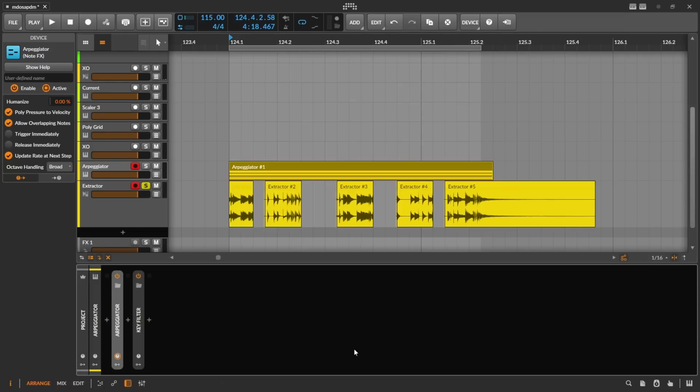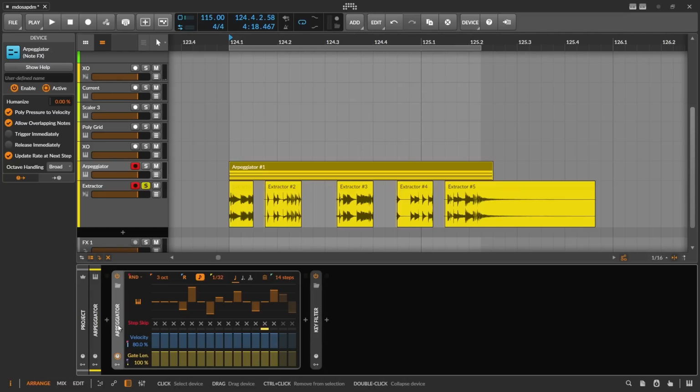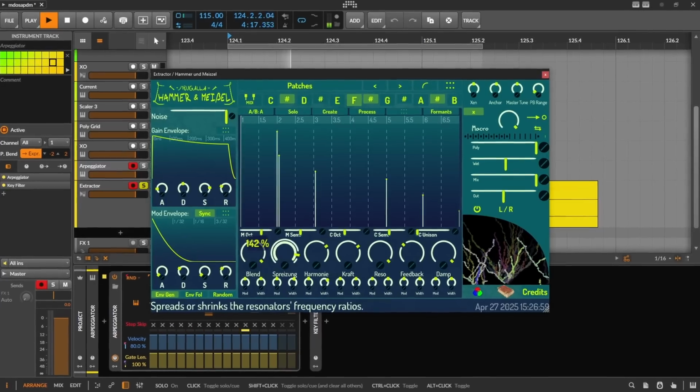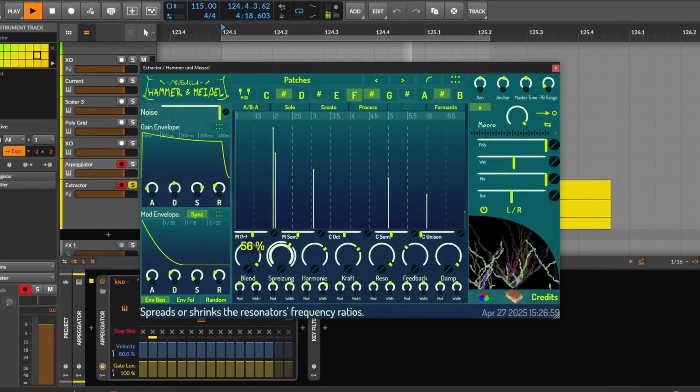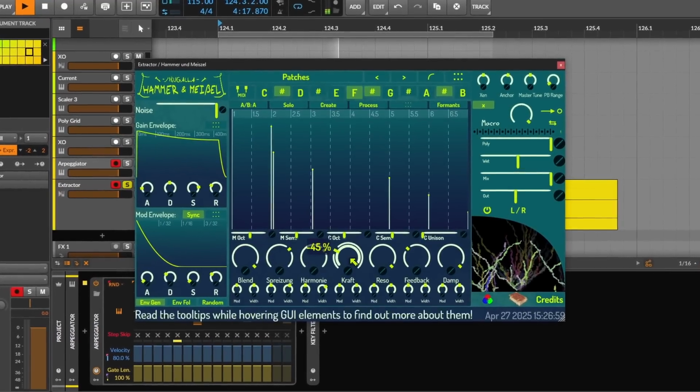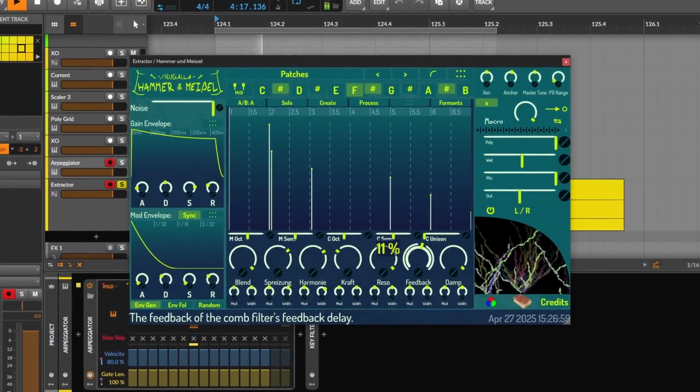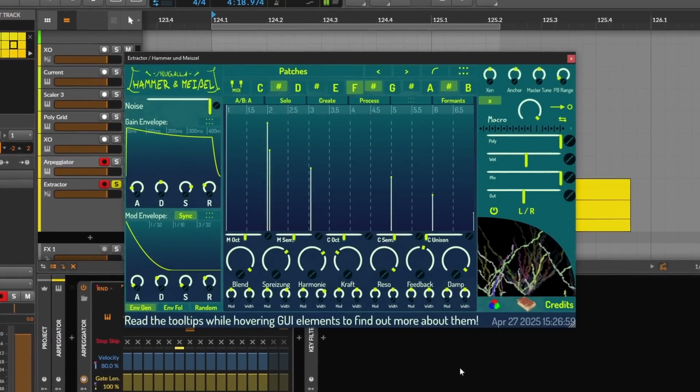Now, if you want to make it more interesting, we can route MIDI to the plugin, so we have a sparkly instrument. But we can even go beyond if we use something like a sequencer or an arpeggiator. We choose it to be random, and now the sparkles are going to be all over the place. Combine that with all of the things that you can change inside the plugin, and you can get very interesting